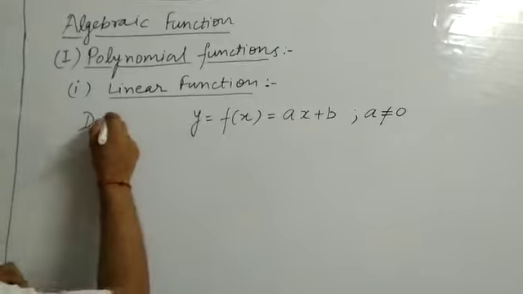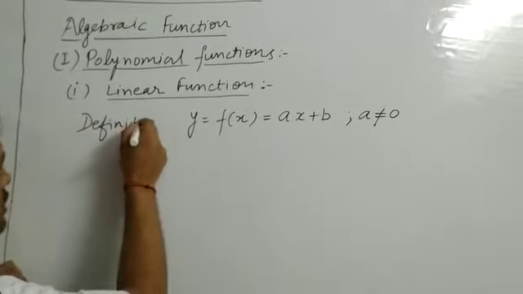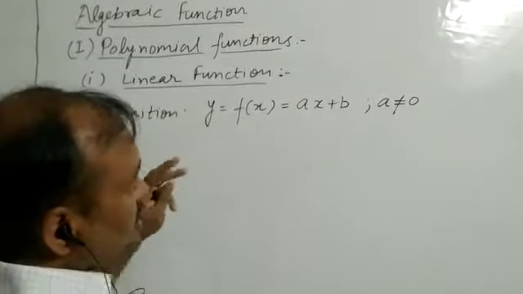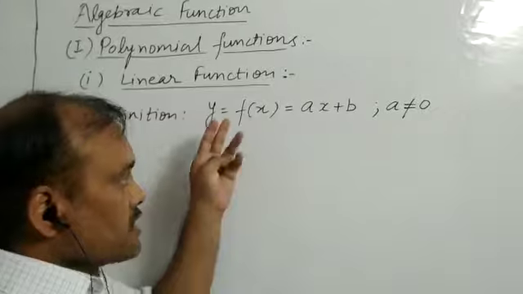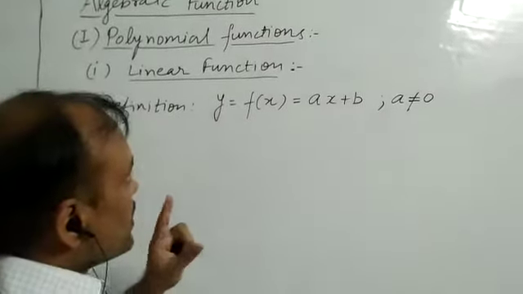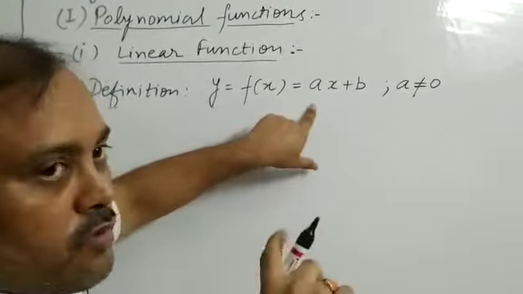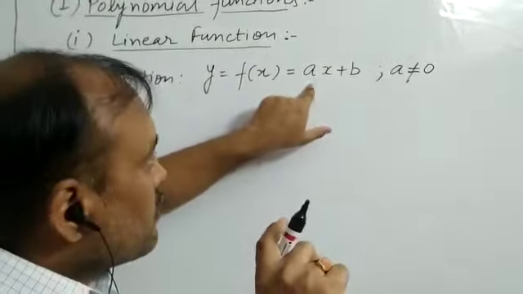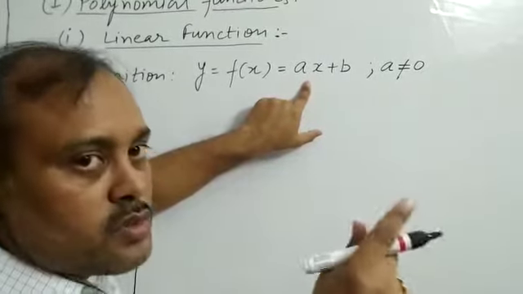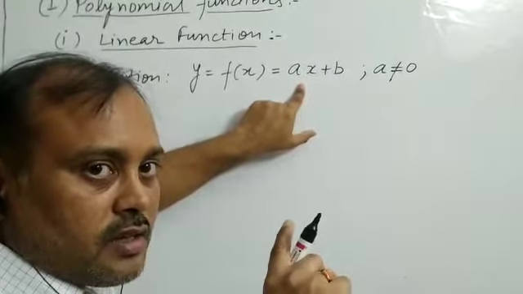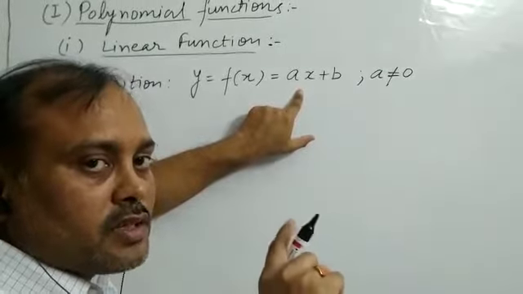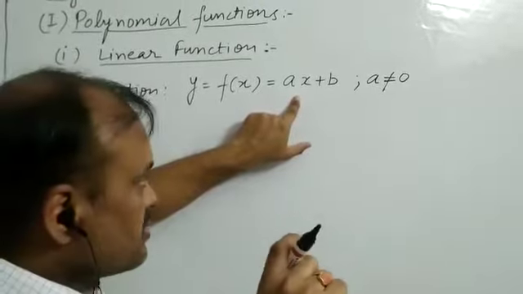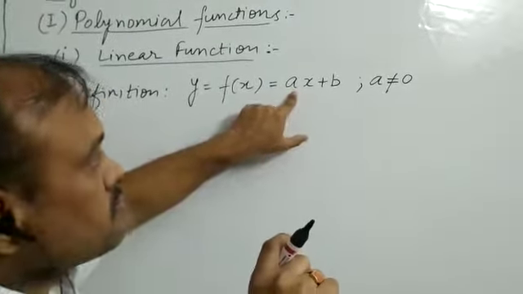Definition: as I told you in earlier classes, we will do 3 things with all the functions that we are going to discuss. Number 1 is the definition. First of all, we will write down the defining statement for the function. Then we will proceed to draw the graph of the function, and then we will work with the domain and range of that function. We will find out the domain set and the range set for the function.